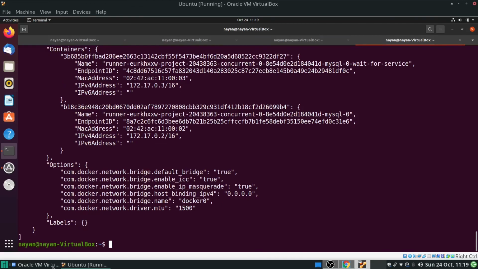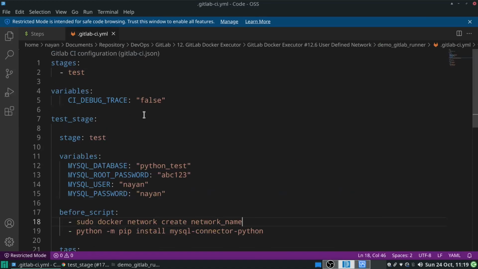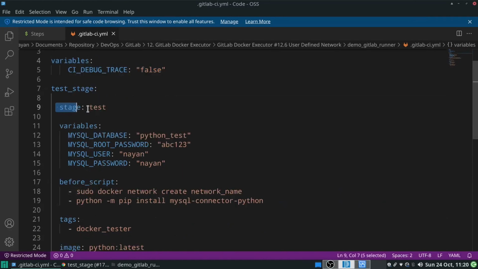So let me show you my GitLab CI/CD pipeline. In this pipeline I have used a test stage. I don't want to debug anything, hence it's false. My stage name is test_stage. The stage is test.